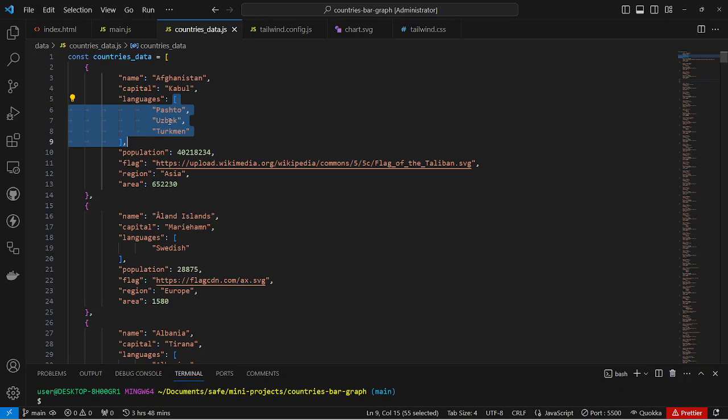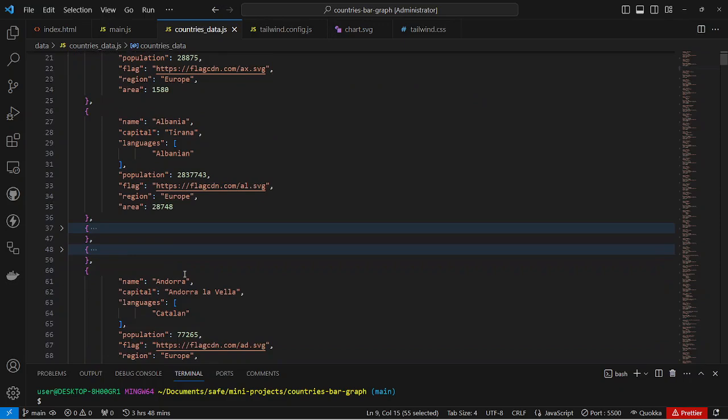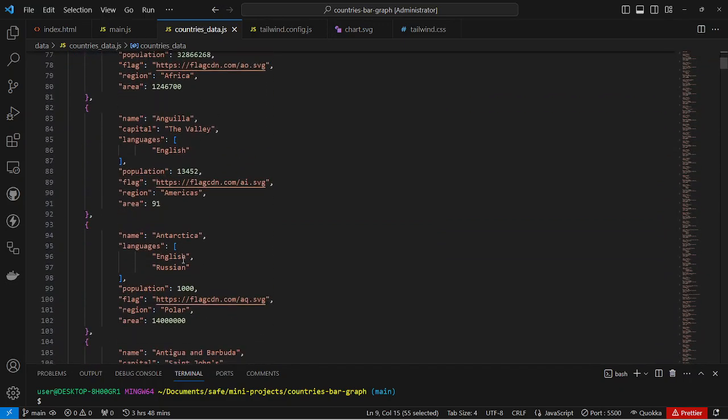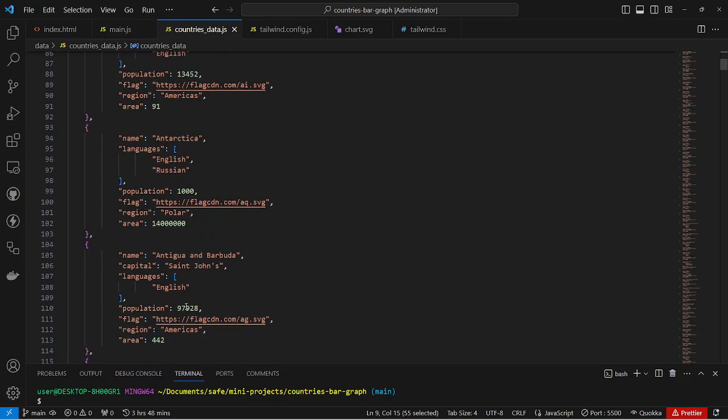So like Pashto, 1 time, Uzbek, 1, Turkmen, 1, Swedish, 1, Albanian, 1, until it meets something that shows twice. English, let's say 1, English 2, Russian 1, English 3, like that. That's how it's going to keep counting them. And then it's going to put them into an,